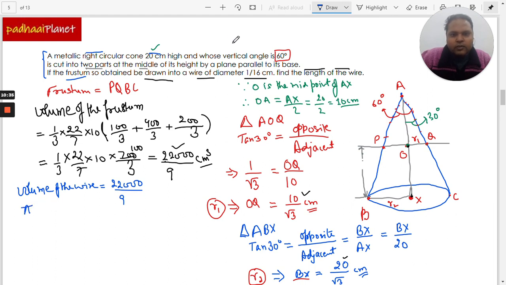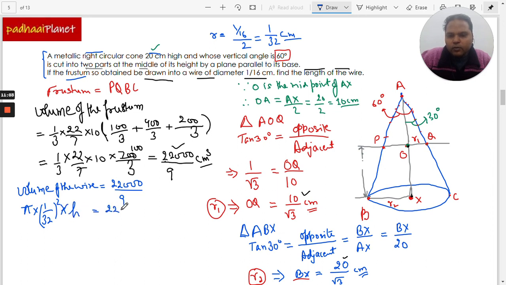Now r is half of 1 over 16, right? So that's 1 over 32 centimeter. That's the radius of the wire. And this is going to be in square, so 1 over 32 whole square multiplied by h is equal to